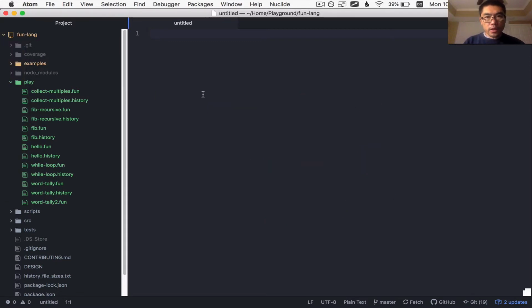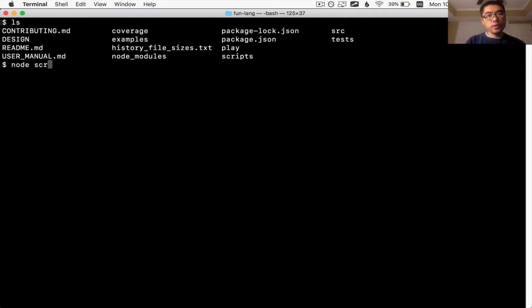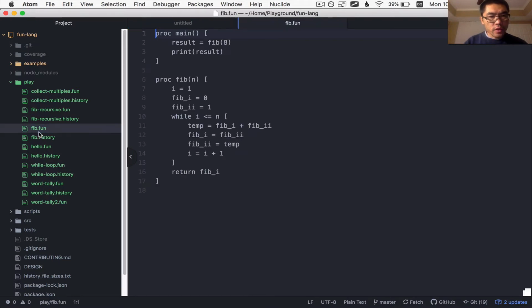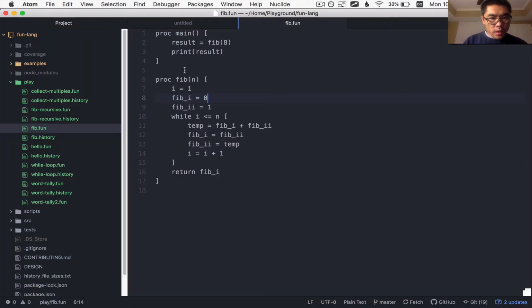Okay, so with the fun programming language, last time I showed you how to run scripts in funlang. Let's say I wanted to run this vip.fun program. I would use this run.js script to execute it like so, and it'll do it. However,